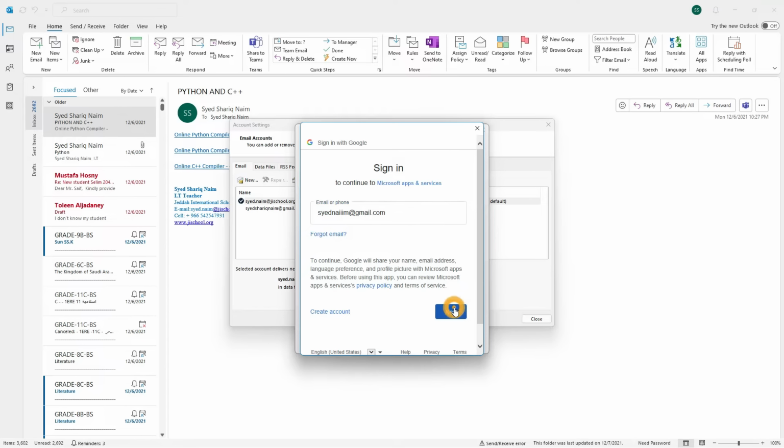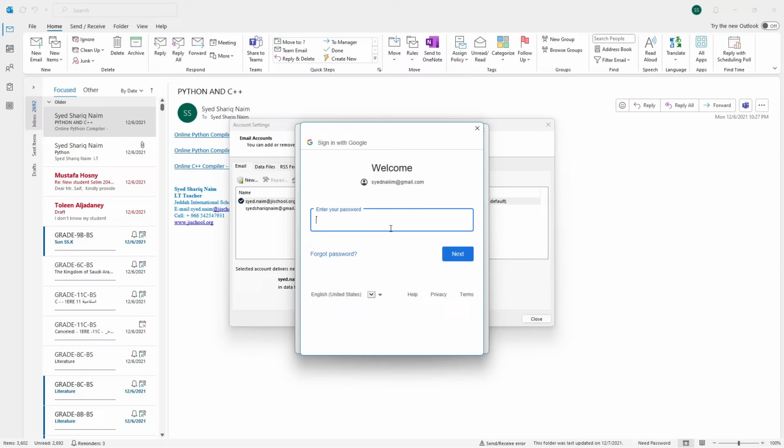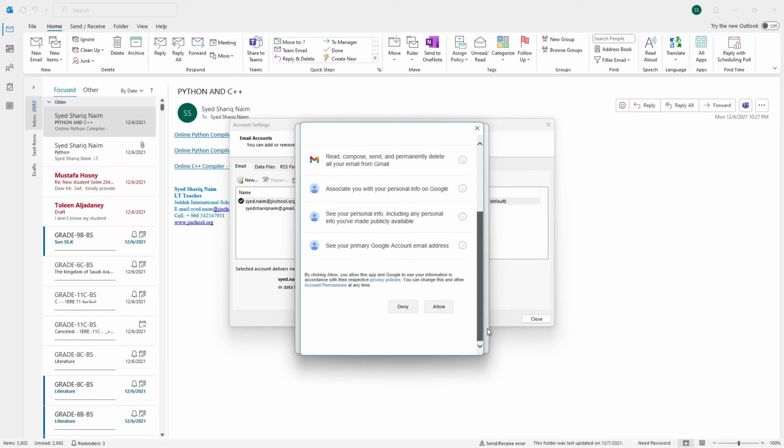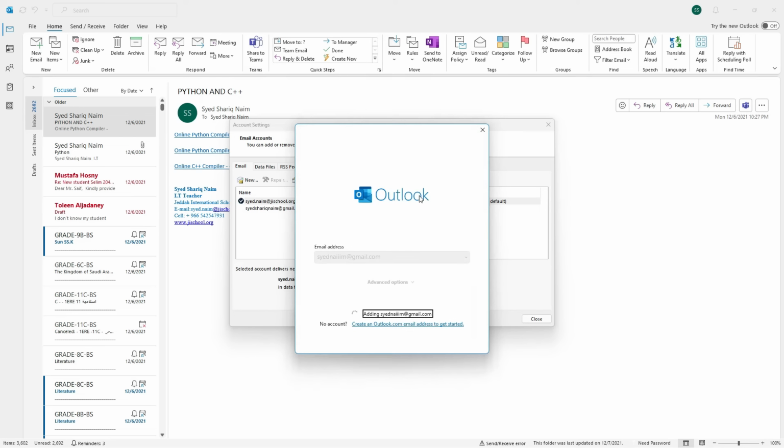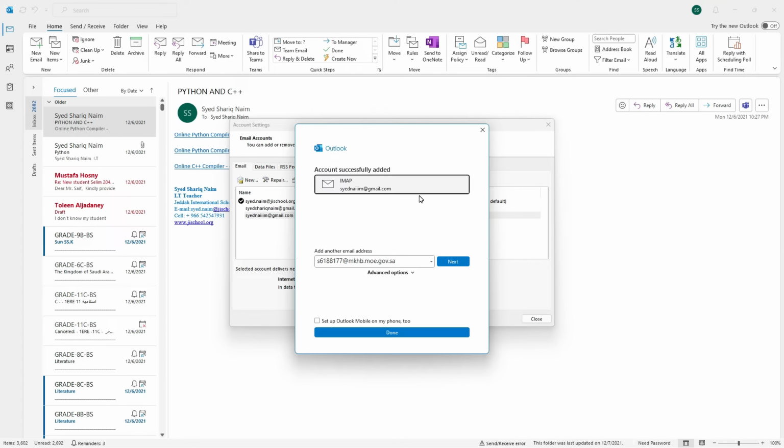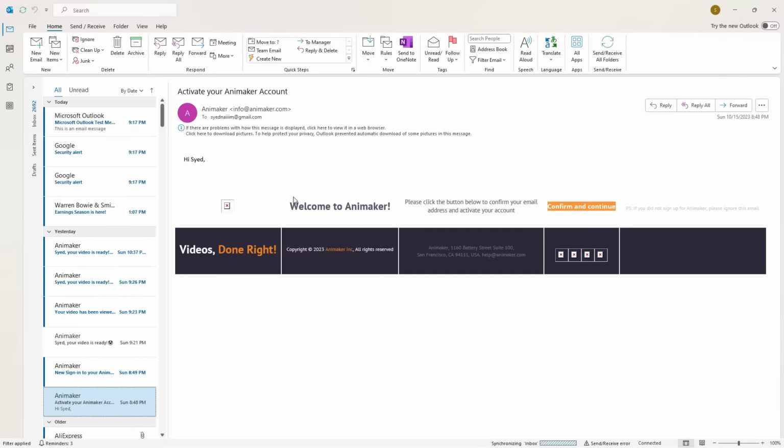You can see now I will put the password on it. And now on this Google account I click on allow, and this account also will be added to my Outlook. So I click on done.